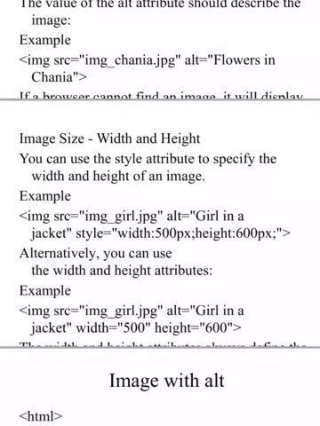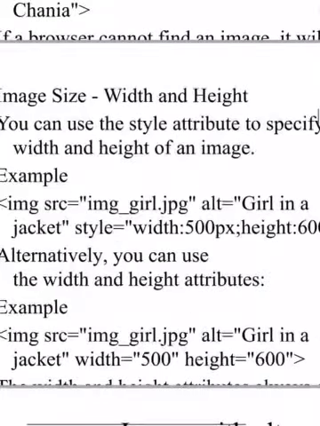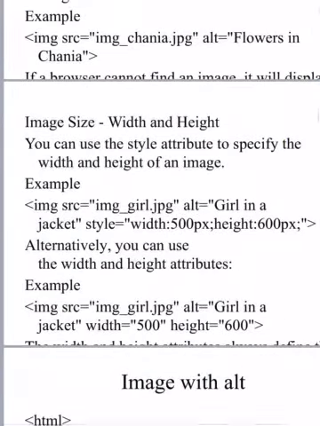Now some more attributes that the image uses, which we have already seen: width and height are the attributes which we use with the img tag. Here img src is equal to img underscore girl.jpg, and alt is girl in a jacket, the alternate name given if the image is not available in the current working location.